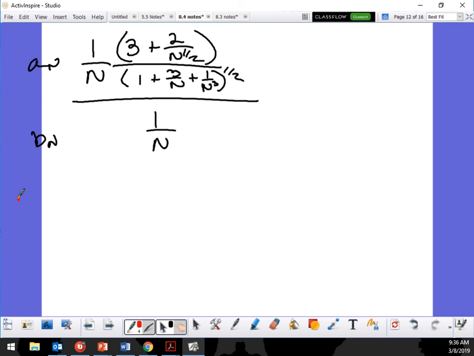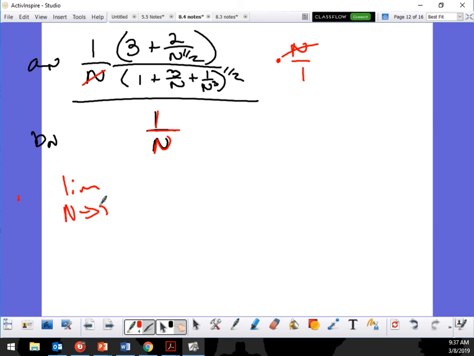So as I do the algebra first, I'm going to multiply by the reciprocal. So it's going to be times the reciprocal of the bottom, which is n over 1. So now those go away. So let's take a look. Now I'm going to take the limit